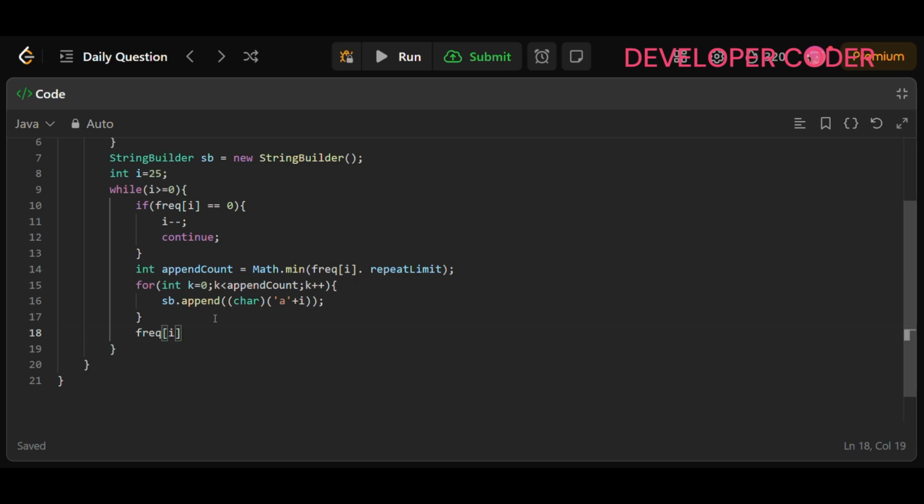So frequency of i minus equal to append count. Now, if still more of this character is left, we must first insert a smaller character than this. So if frequency of i is greater than 0, if frequency of i is still greater than 0, then in that case